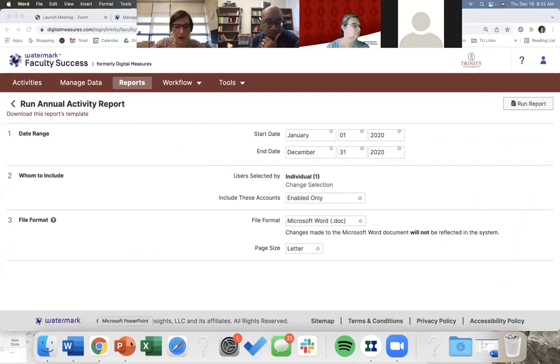I am going to pause here for a second before we change gears and talk about the next part of the program, which is called workflow, where you start to actually build your annual evaluation, just to see if either of you have questions about the Digital Measures tool itself, or what kind of information goes into the system and where it goes. Okay. You both seem okay, but if you do have questions,